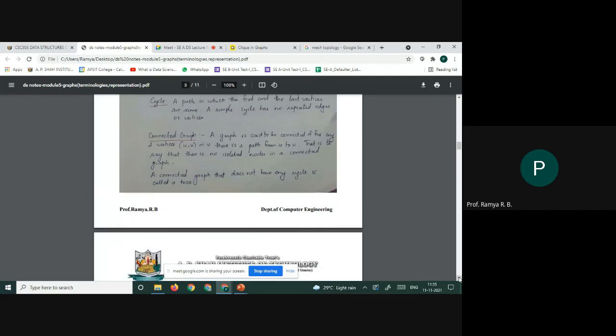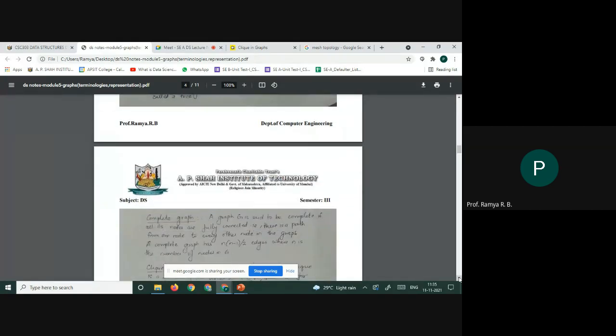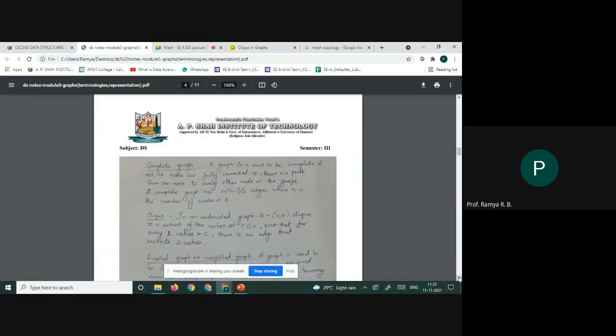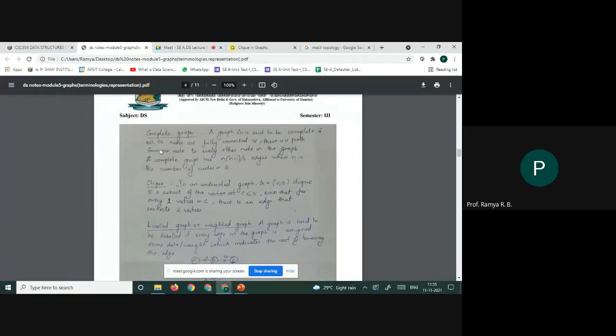Okay, so I hope you understood what is meant by a connected graph. So it's just like your mesh topology in computer networks. Now, the next terminology is complete graph. What do you mean by a complete graph? These terminologies are normally asked for a 5 mark question. There will be 3 or 4 terminologies enlisted and you will be asked to just define them. Okay, that is why I'm explaining this in detail.